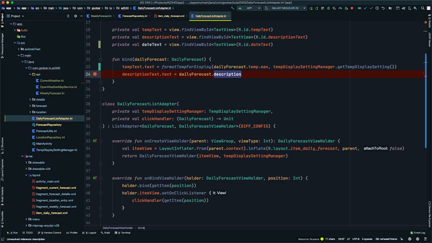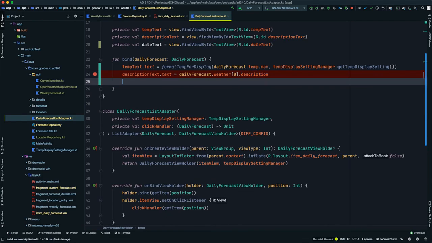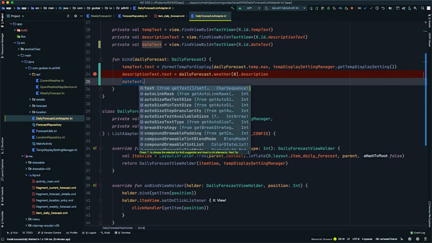For description text, we're going to use dailyForecast.weather. We're going to get the 0 element from that weather list, and then we're going to pass in the description. So we will get the first weather description, and we should always have at least one, and we'll pass that description into our text view. And then finally, the new date text here. So we're going to type dateText.text